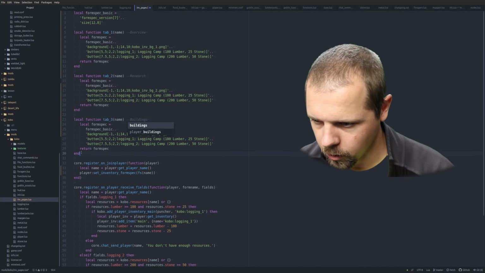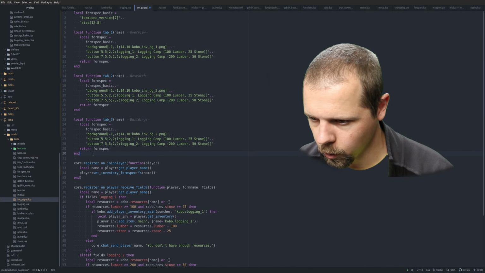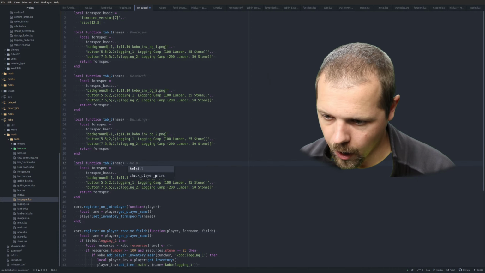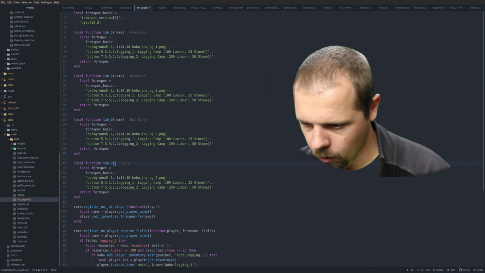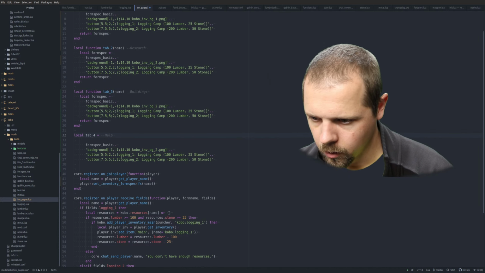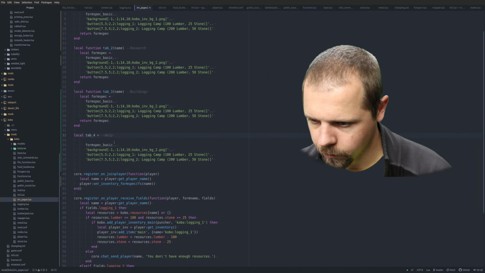I don't know what any of the tabs are actually going to be called just yet. So other than help, that'll definitely be called help. And that one definitely does not need a function passed to it, so that could just be a local. And that'll be tab 4, by the way. We're going to call that one a local, local tab 4. Then we don't do any of that stuff, and we have to put an equals in. tab 4 equals